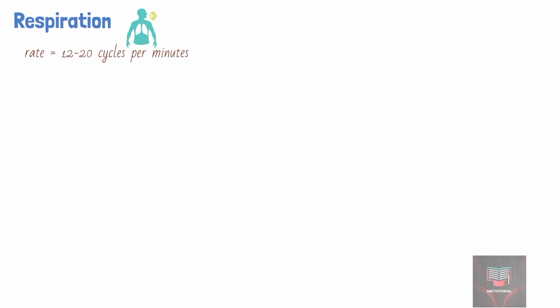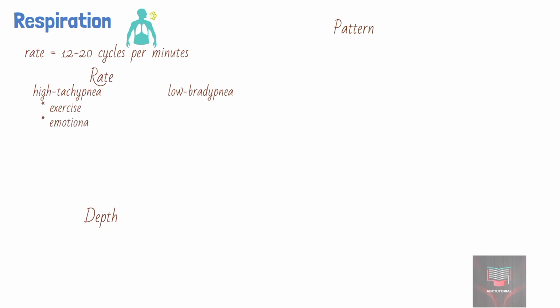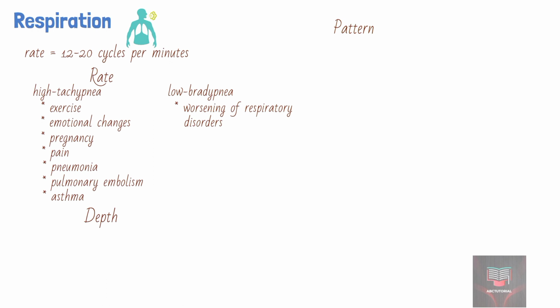Parameters that need to be included are the rate, depth of breathing, and pattern of breathing. Breathing rates higher or lower than expected are termed tachypnea and bradypnea respectively. Tachypnea could occur in physiological conditions like exercise, emotional changes, pregnancy, and in pathological conditions like pain, pneumonia, pulmonary embolism, and asthma. Bradypnea can occur due to worsening of any underlying respiratory condition, leading to respiratory failure or due to